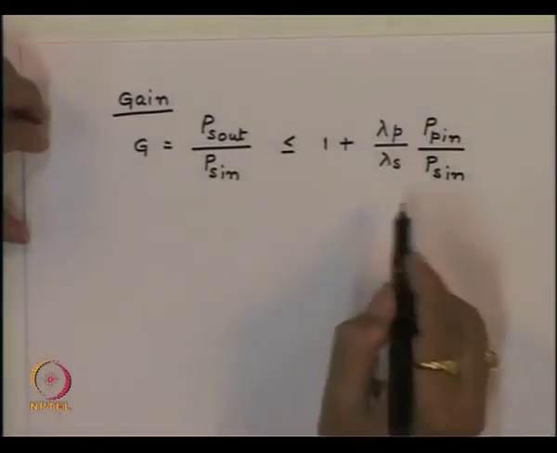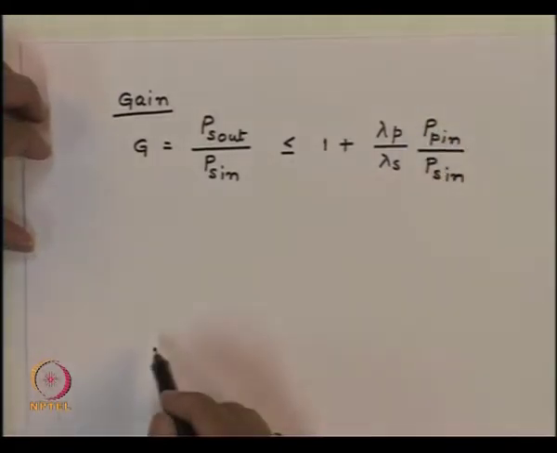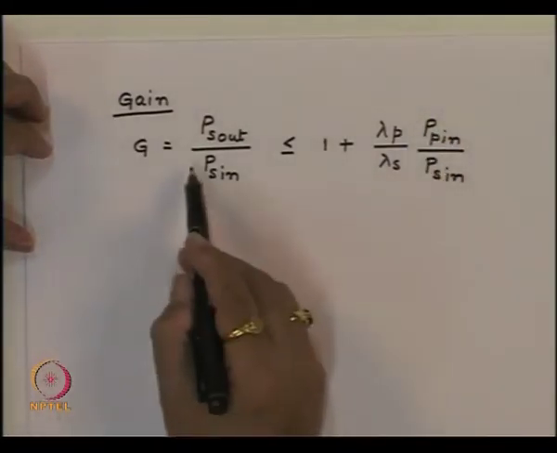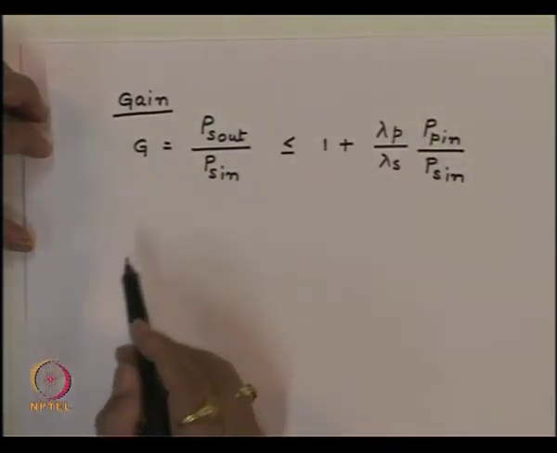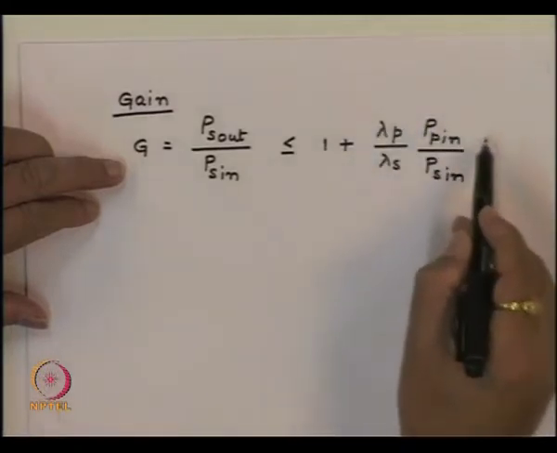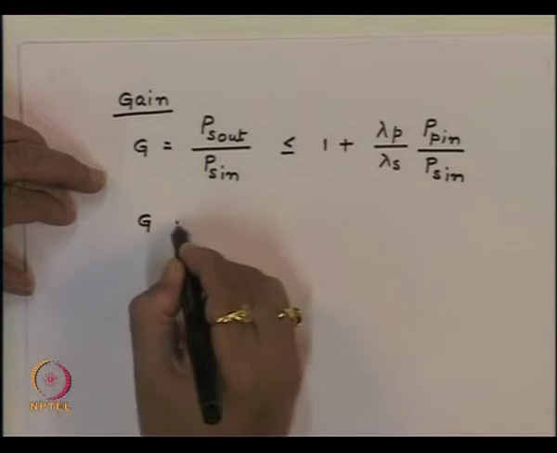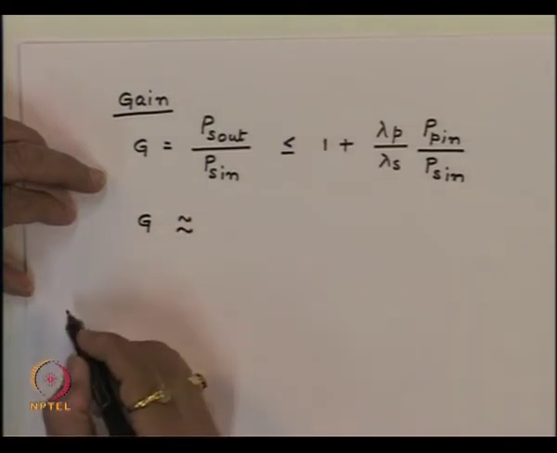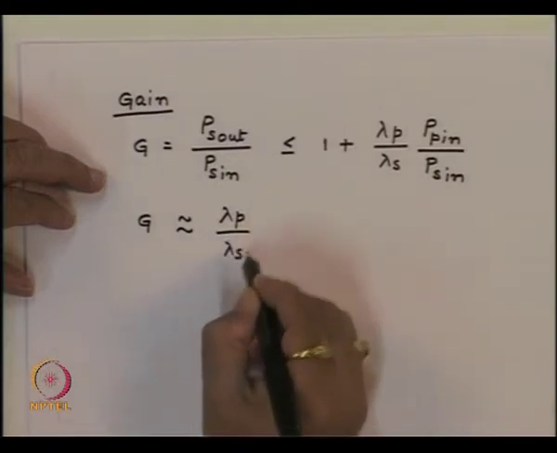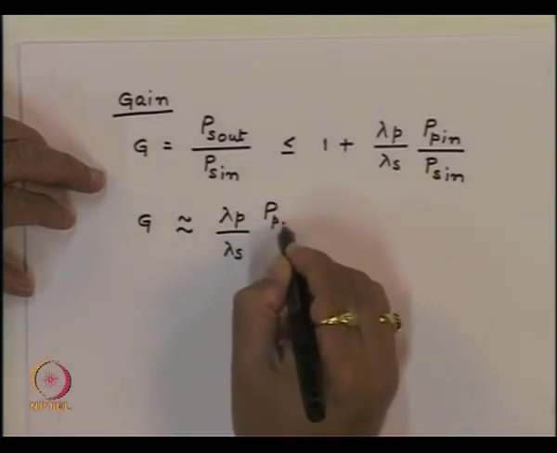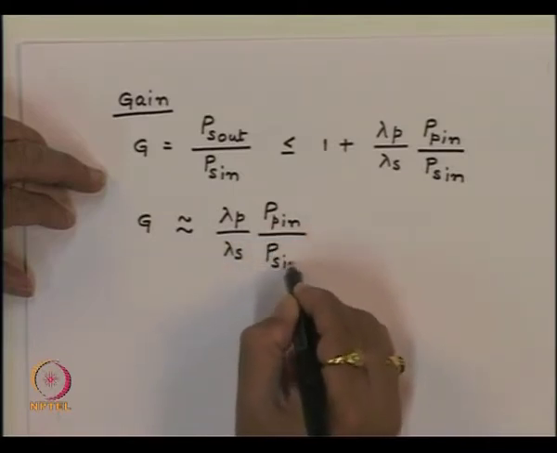So what we see is that when P_signal is much smaller compared to P_pump, we have a large gain, and the gain essentially is given by this parameter. So we can say that this gain is approximately equal to lambda_P upon lambda_S times P_pump,in divided by P_signal,in,